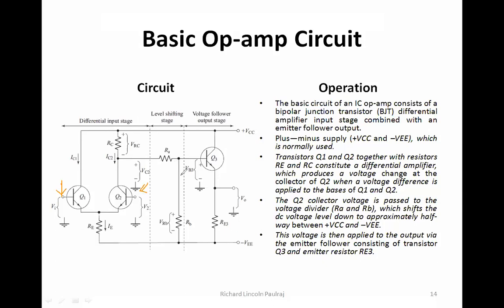Now, if you see RA and RB, these two are also resistors, and the voltages across them will be VRA and VRB. VRB has its positive and negative terminals, right? So the resistors RA and RB form what? Can someone tell me? We have seen that in a previous configuration, two resistors. What does it form?